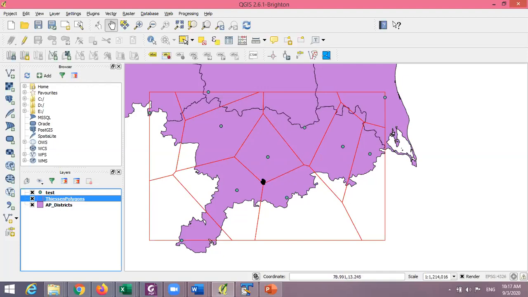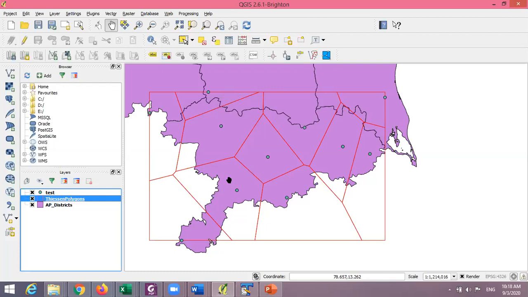Correct? So in this case, if you do P1 times A1, no problem. But let us say this is P2. This location has a rainfall of P2 and you want to compute A2. Now is A2 the entire area of the polygon or the area that falls inside Chittoor district, that is inside that polygon? Inside Chittoor district. Okay. So your task now is to find out A1, A2, A3, A4 such that that area is inside that polygon, but also inside Chittoor district.